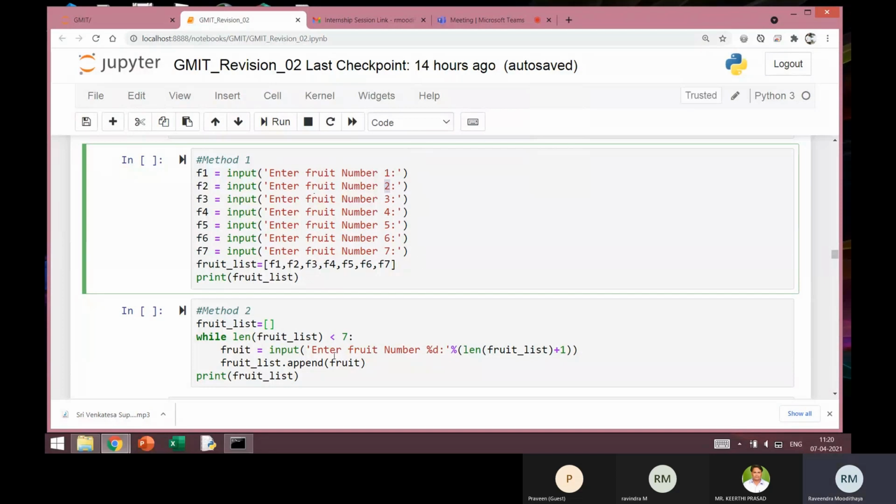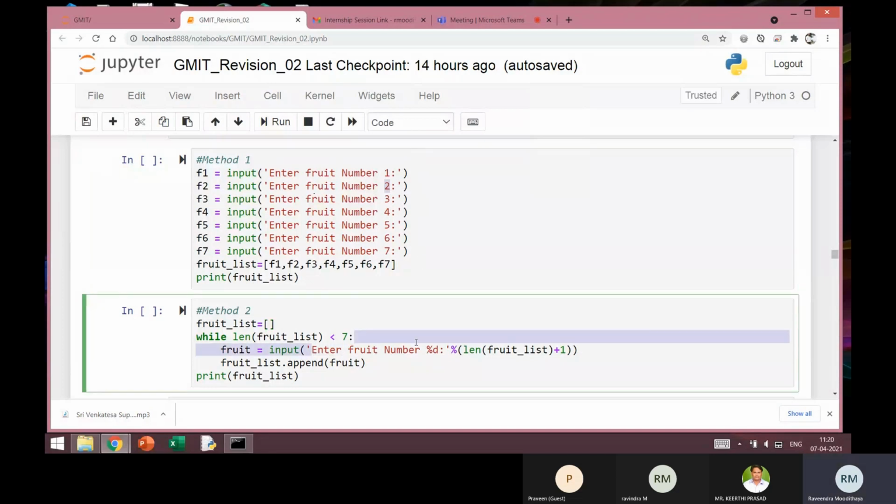Okay. So what I can do is enter the fruit number. Then I'll keep a placeholder here. The placeholder %d means that in this place, an integer will be displayed. And the integer to be displayed is the length of the fruit list plus 1. That will be displayed. I think I have used this kind of formatting in the earlier sessions,